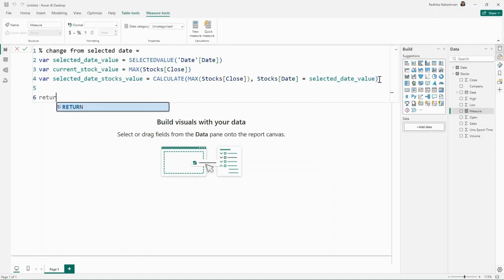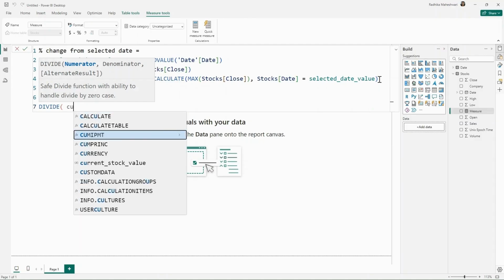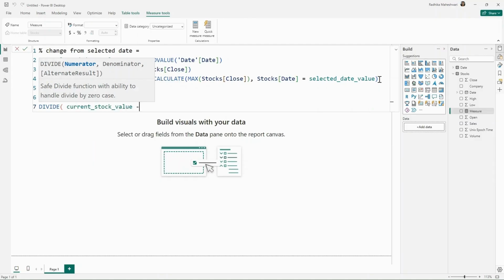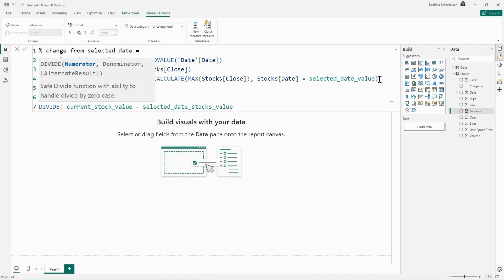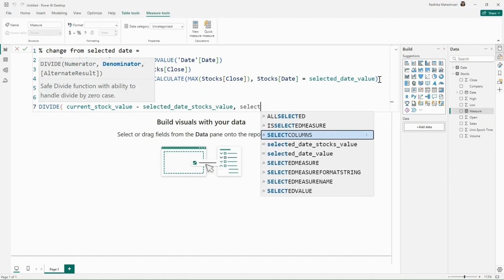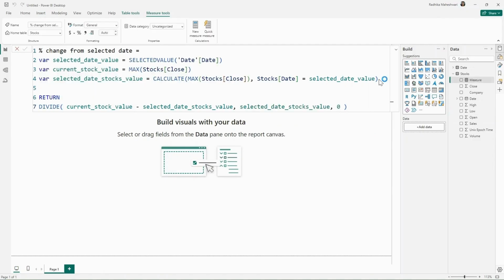Now all we need to do is get a return statement where we divide. We need to get the difference because it is a percentage change. So the difference would be the current value minus the selected date stocks value. And then we need to divide this by the selected date stocks value, and the alternate result is 0. And that's our measure created.